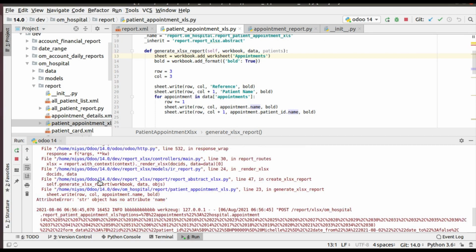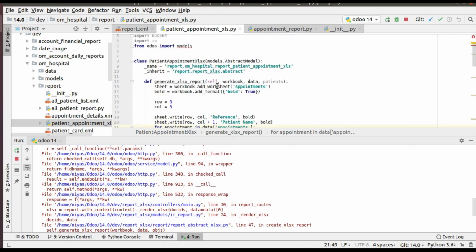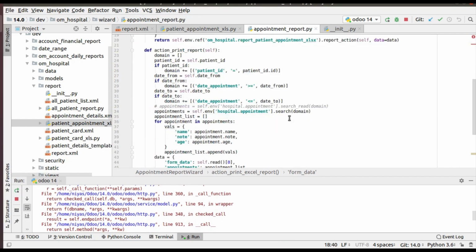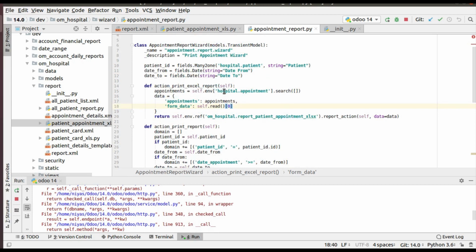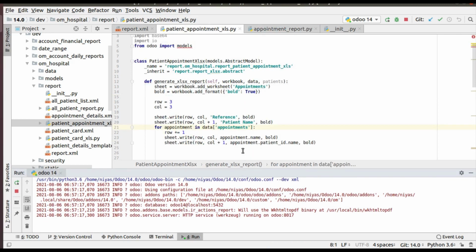So if you check the log, str object has no attribute name, str object has no attribute name. So I think, let me check how we are getting this appointment. Might be it's not coming as a record set. So what you can do, instead of using search ORM, so here we have used search ORM, use search read ORM. Then if you come back to here, you have to give like this, appointment of name, instead of dot operation we will be getting data as dictionary.